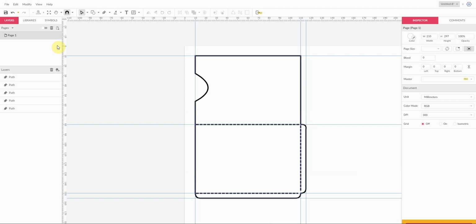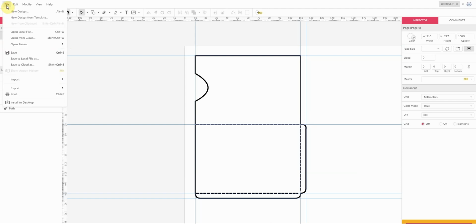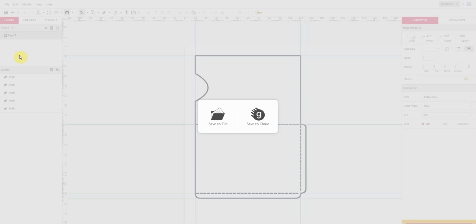Now because next lesson we're going to be back in the classroom, it's quite important that we remember to save a copy of this so we can access it when we get back into school. So you're going to say File and you're going to say Save. And actually you can have a choice of saving it to the cloud if you're going to remember your username and password for when we're in school, or the safest option is to save it to File and then upload that file to Teams. So hopefully that video has shown you how to use the tools that we need today,